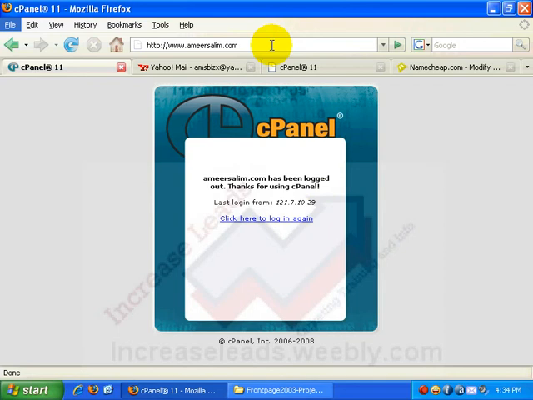There are two ways for you to log in to your cPanel account. The first way is to use the domain name method,